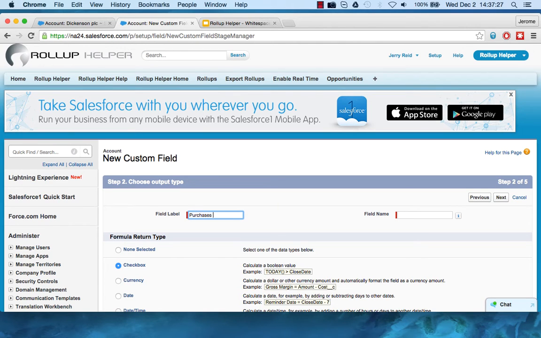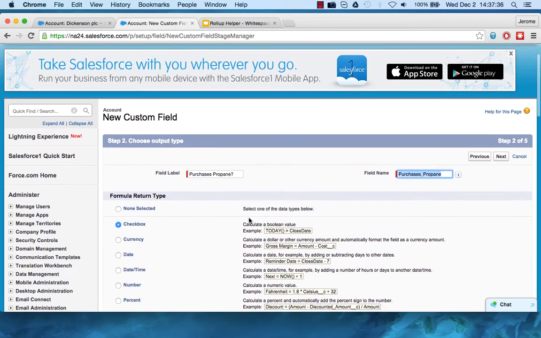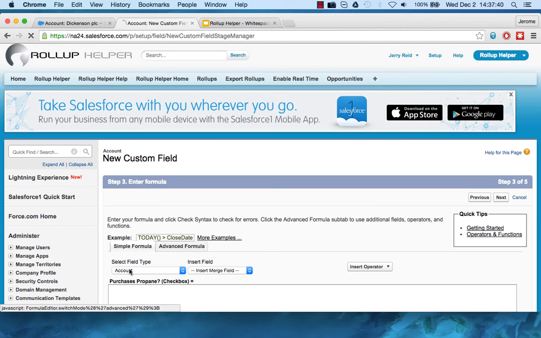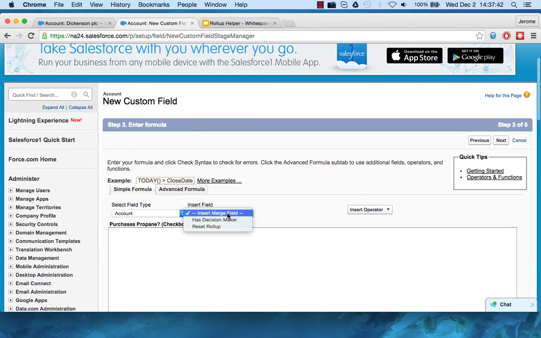I'm going to have this formula field provide a checkbox to indicate if this customer purchases propane. And I have a checkbox field. I'm going to go ahead and click Next. And all you really have to do here is insert a merge field. And the way you can do this easily is